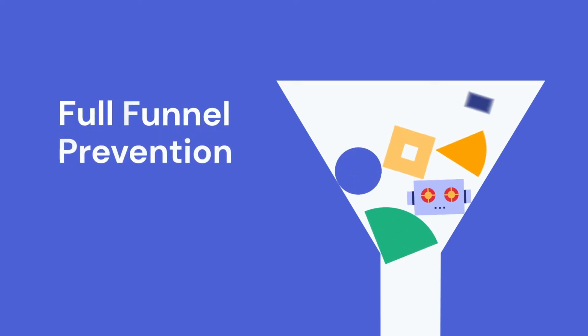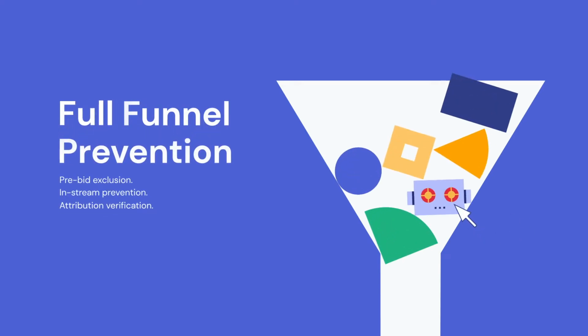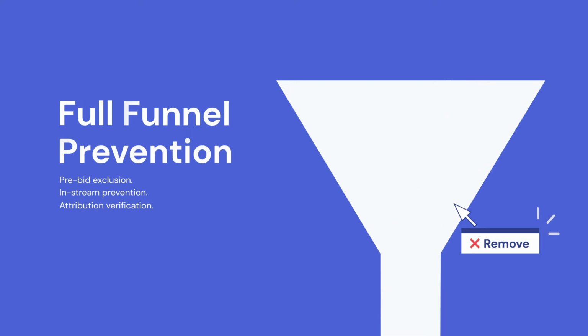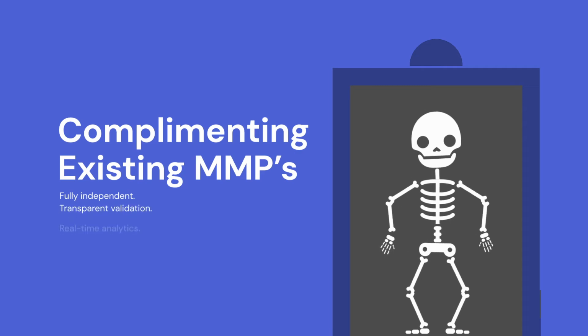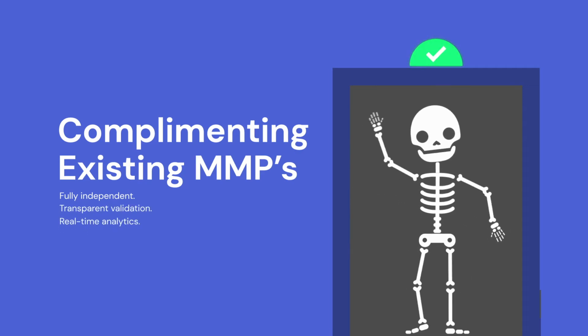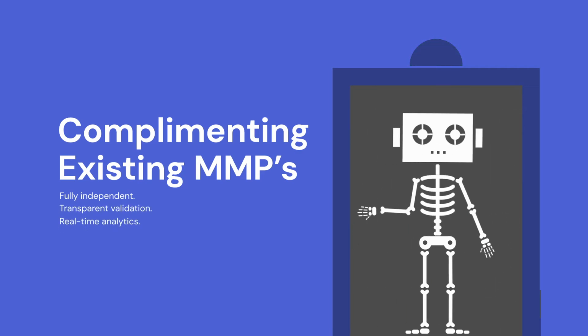Compared to conventional fraud tools that operate during or after app install attribution, TrafficGuard blocks invalid traffic at the click level, making sure only valid traffic is sent to the MMP for attribution. TrafficGuard is fully independent and transparent, so you'll only pay the right partners for the performance they've delivered and benefit